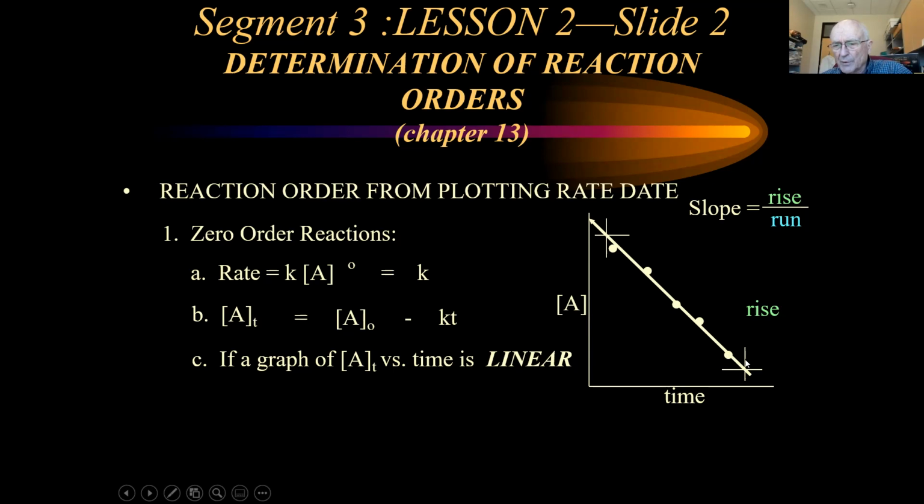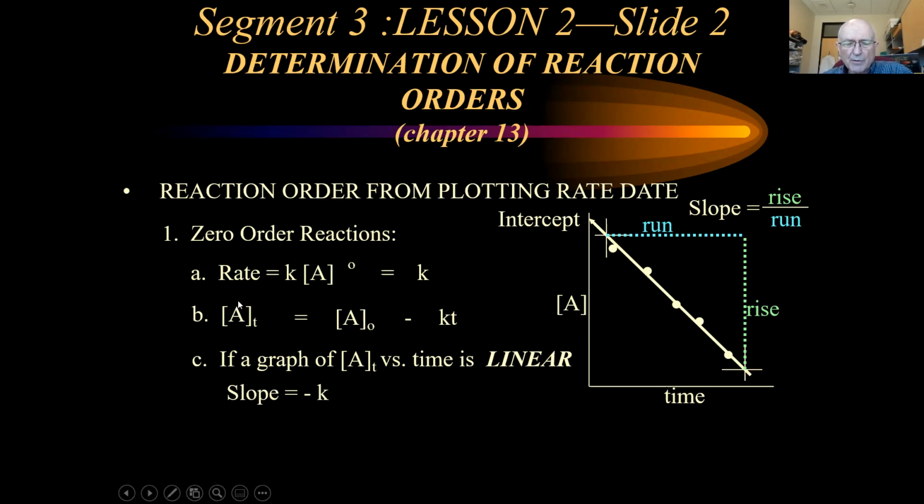vertical and horizontal grid lines. And then you'd measure the rise between this point and this one. And you'd measure the run between this point and this one. And that would give you the slope. And the place where the line hits is the intercept. And if you're looking at this kind of graph,